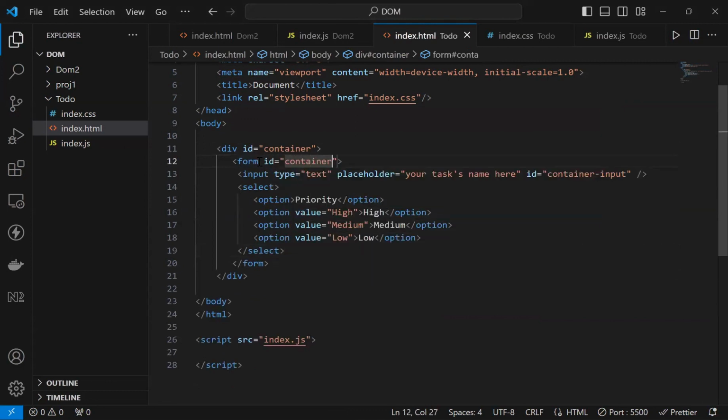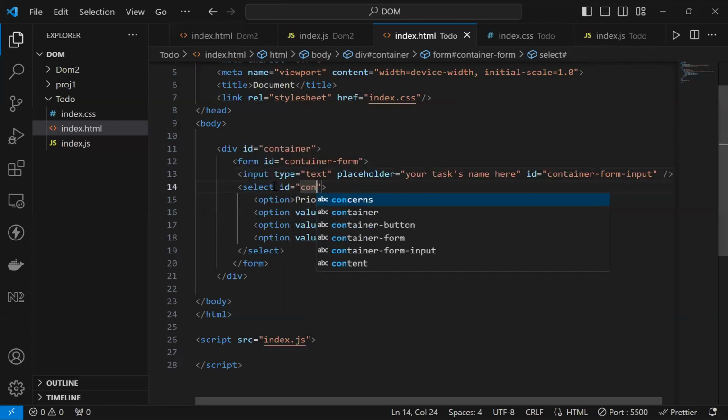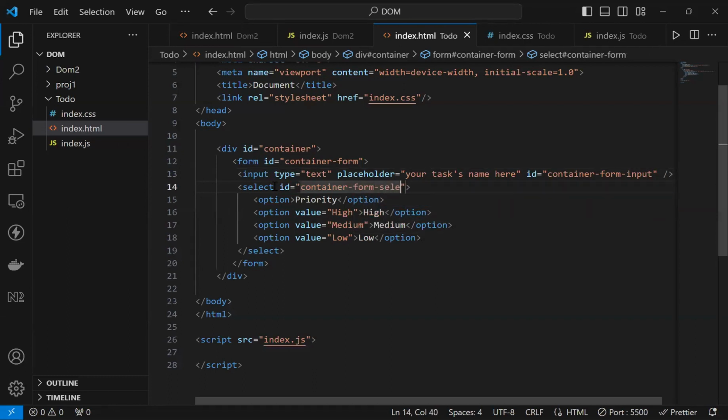I'm gonna name it container के अंदर का form, and the naming convention is gonna change a bit. So it's container form के अंदर का input, right? Same thing goes for this. So I'm gonna keep this container के अंदर के form के अंदर का select,